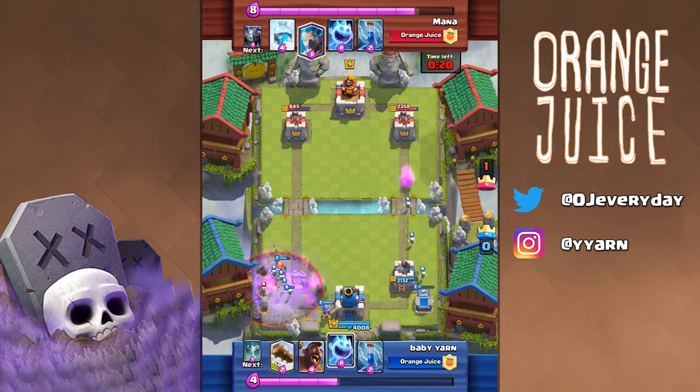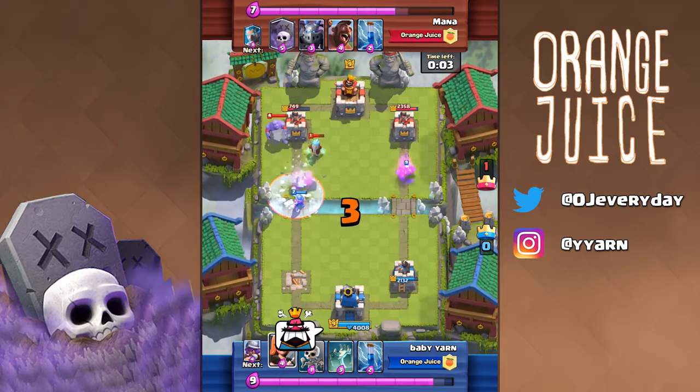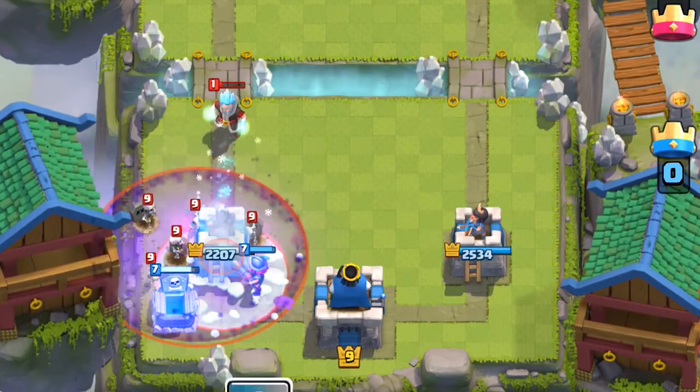With 20 seconds left, if those Hogs don't make it through, I'm dead. He plants a bowler and that is good game. Let's see why I lost this game. I knew he had a graveyard, but I didn't know he had freeze. The single play in the beginning practically took out my